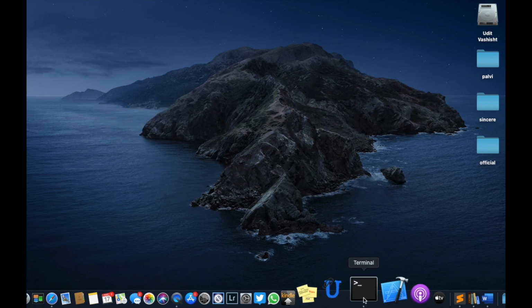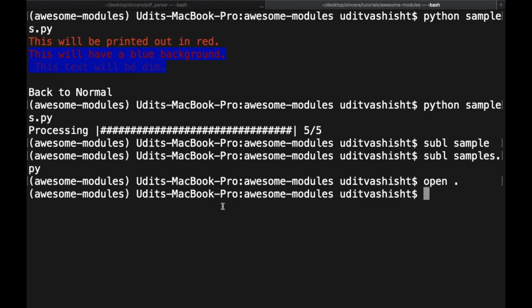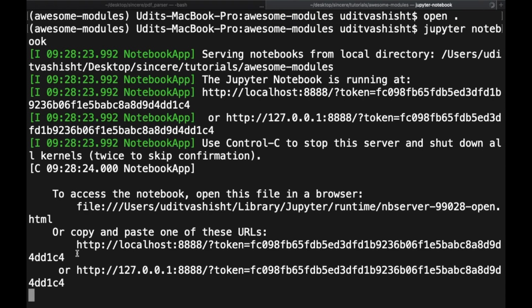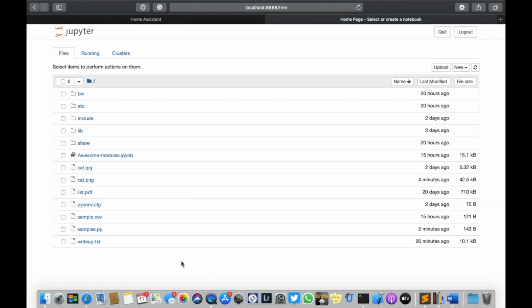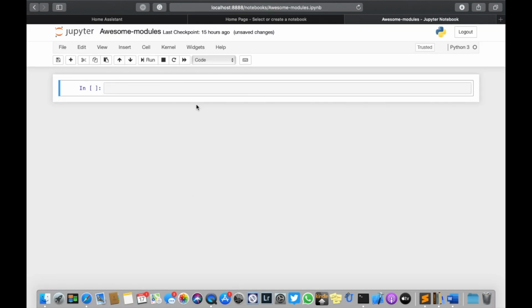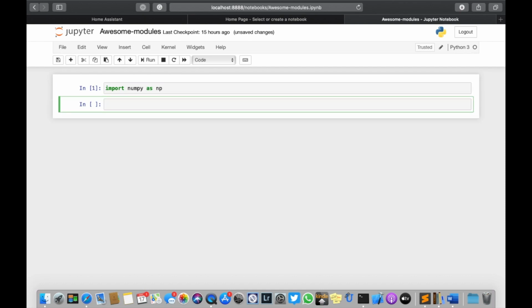So to open Jupyter Notebook, I will go to my command line and I will say jupyter notebook, and then I will copy one of these URLs, and then I will open a notebook. So this is an empty notebook. First of all, we will import numpy as np, and then we'll create a one-dimensional array by saying a_array is equal to np.arange(10), and if you run it,